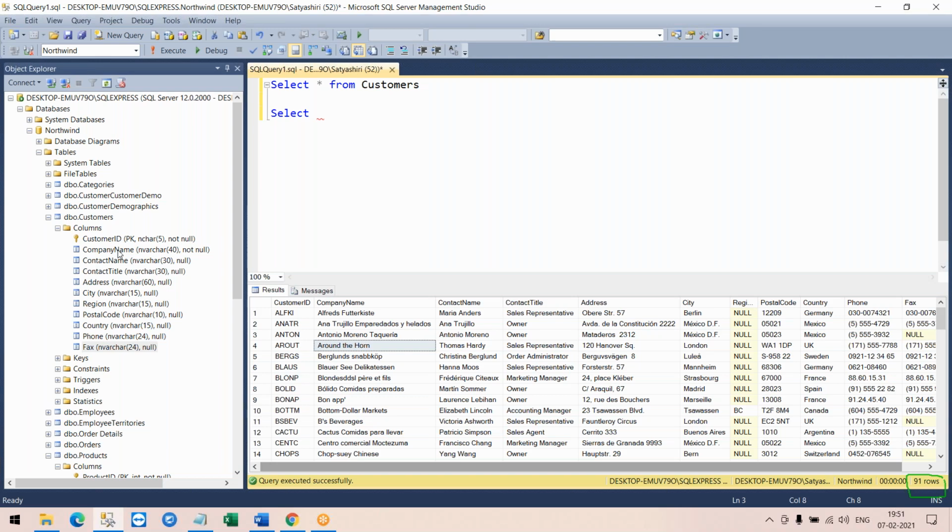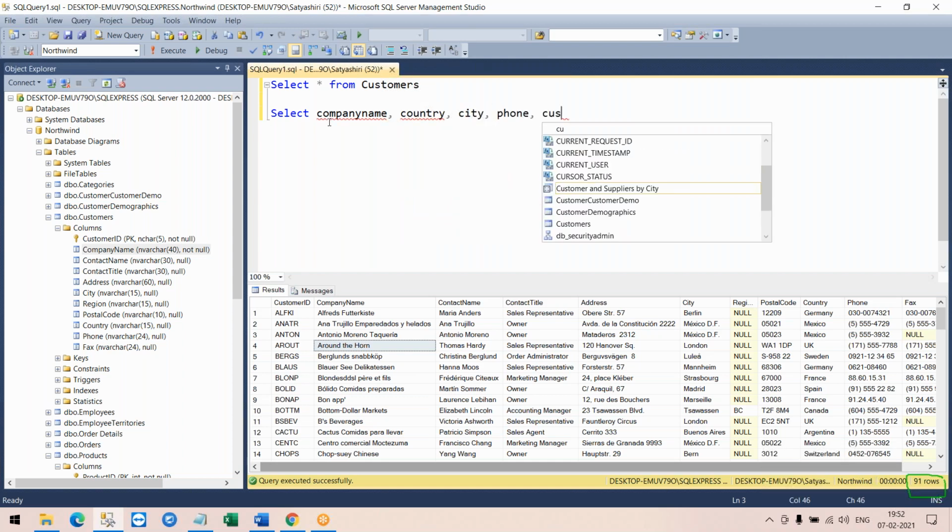Column name should be exactly the same as it is, like company name or so. Do remember, SQL is not case sensitive. I can give lowercase, uppercase, it doesn't matter. Okay, I need a company name. Order also doesn't matter. I can get a country, and then I can get a city, then a phone number, then a customer ID.